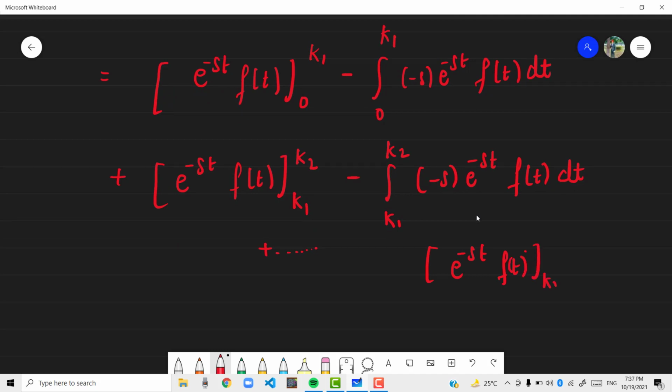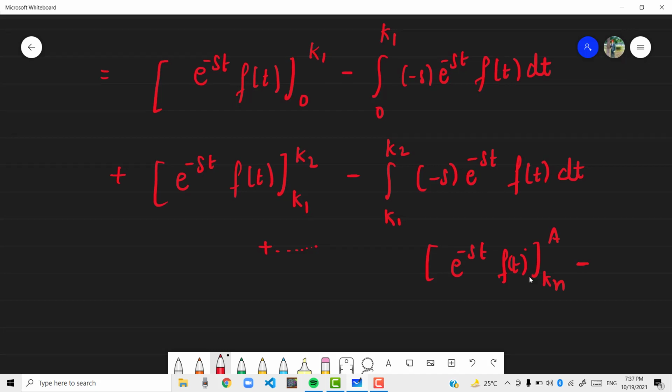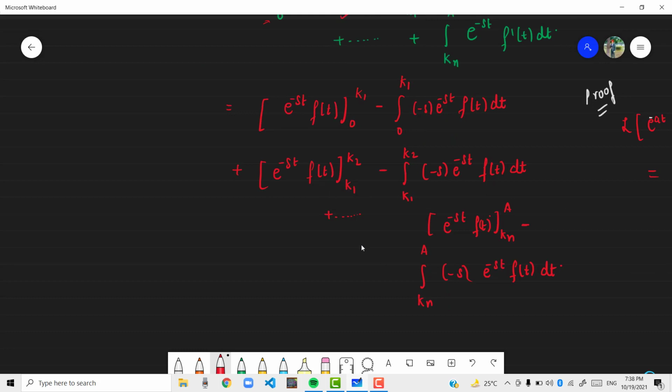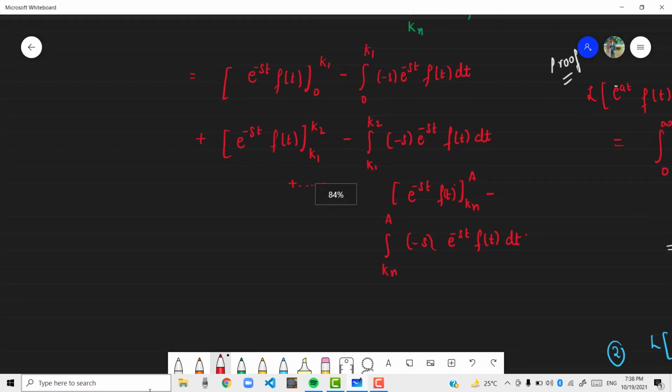an to a minus s into the integral of e raised to power minus st f t dt, राइट। सो ये हमारे पास फाइनली एक्सप्रेशन आ चुका है। नाउ वी विल स्मार्टली ट्राई टू सिंप्लीफाई इट। हाउ, लेट मी शो यू।